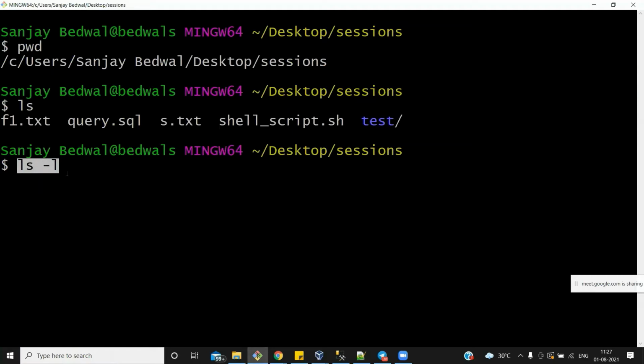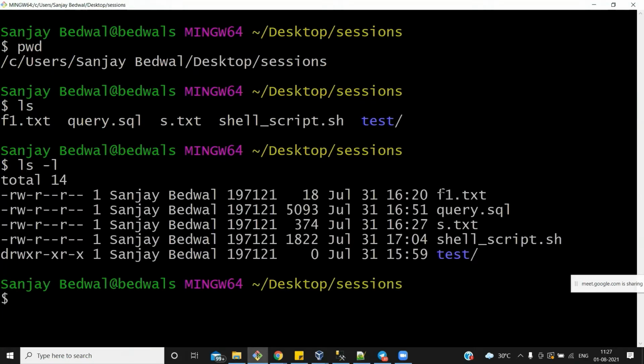If I run this command, it will provide me the details of these, whether they are files or directories. Let me run it. See, now it has printed the name of the files and directories in the rightmost column. Okay, and how will you know if these are directories or not? You can see in the first column: if it starts with the D character, that means it is a directory. Otherwise, it is a file if it starts with the minus sign. Okay, so this is one of the ways you can check it.